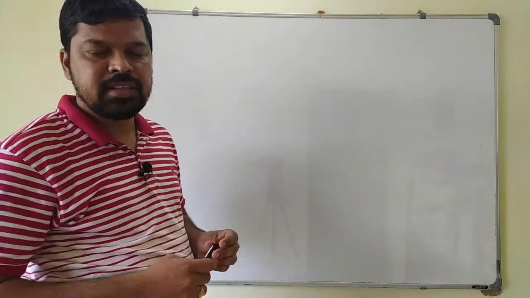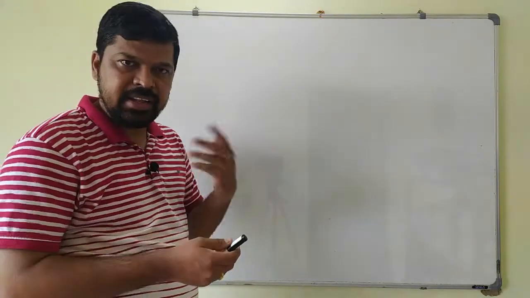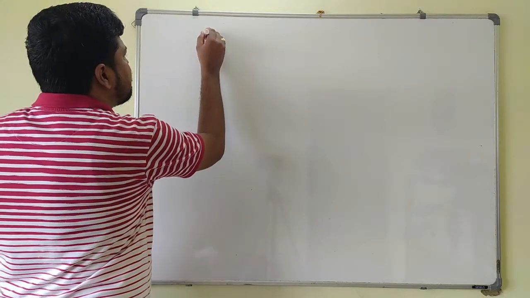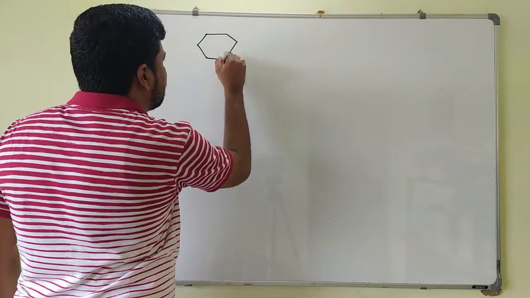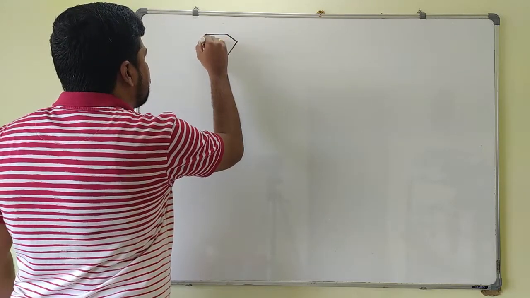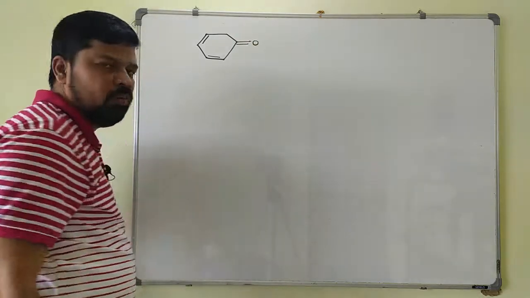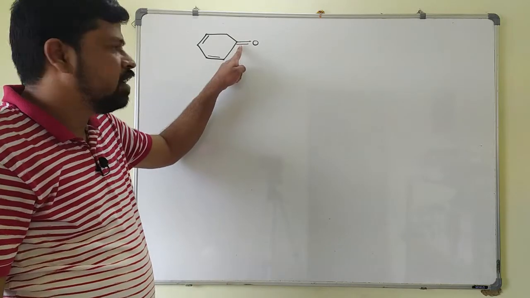So the next example is, if the enol form is involved in the formation of an aromatic ring, then again the enol form becomes more stable than the keto form. You will see one example here. If I write a cyclic alkene like this, this will be a double bond. Here you will get C double bond O. Will this compound show tautomerism? Yes, because this is a heteromultiple bond.